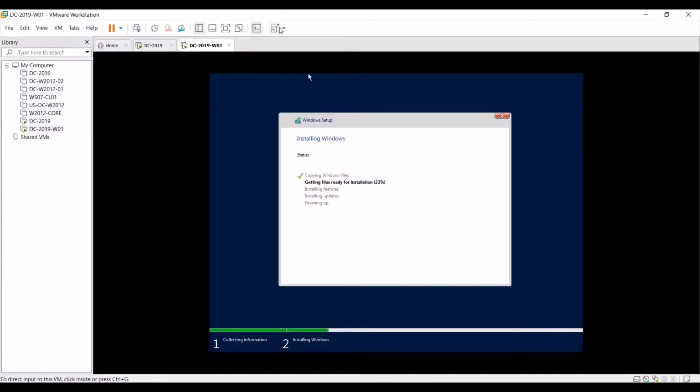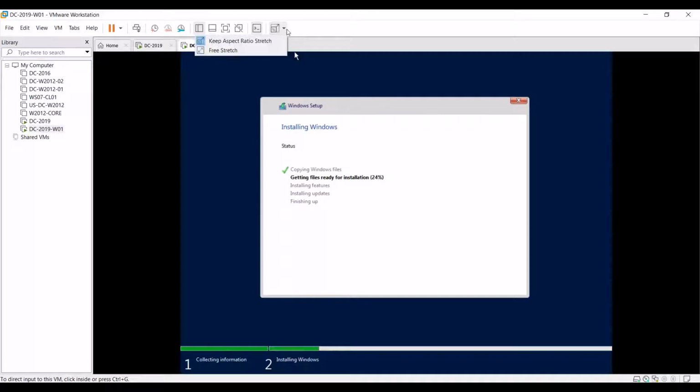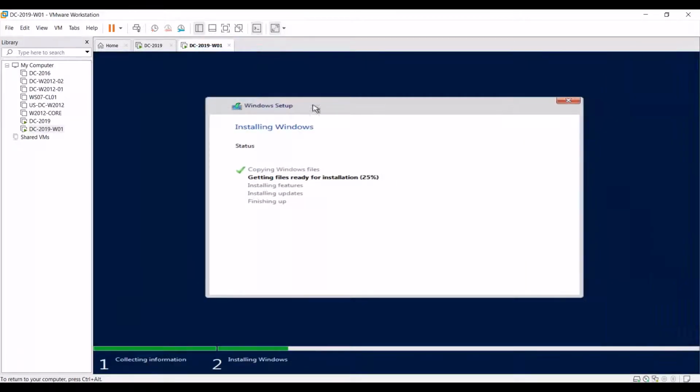Let me expand this window. Okay, what are the other stages? I think this will be better.